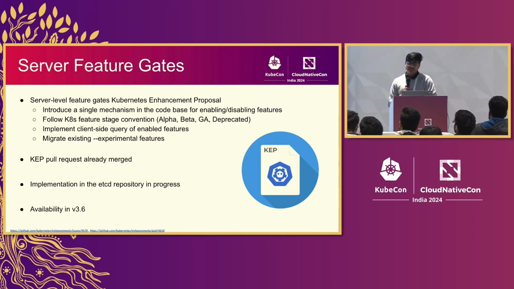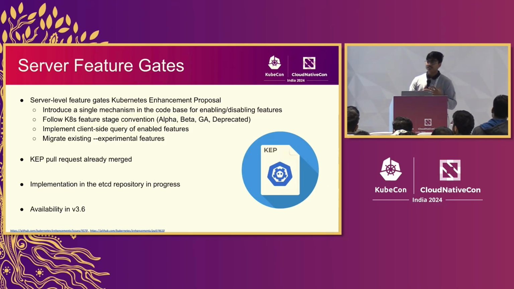So as a part of this feature gate, we have split the work. The first part is the server level feature gates, and then the cluster level feature gates. In setting up the framework for the server level feature gates, the respective Kubernetes enhancement proposal has already been raised and merged, which builds on the idea of how Kubernetes uses feature gates and ports it back to etcd as well. That means each feature now will have alpha, beta, GA, or deprecated